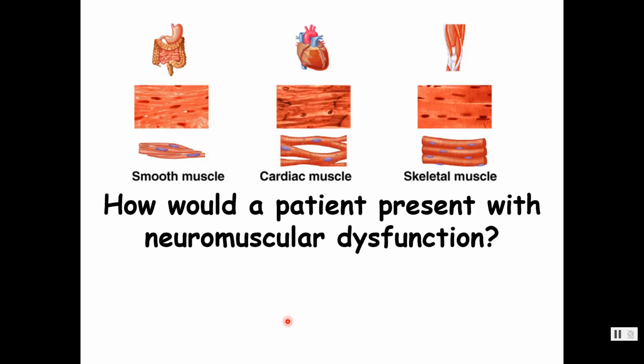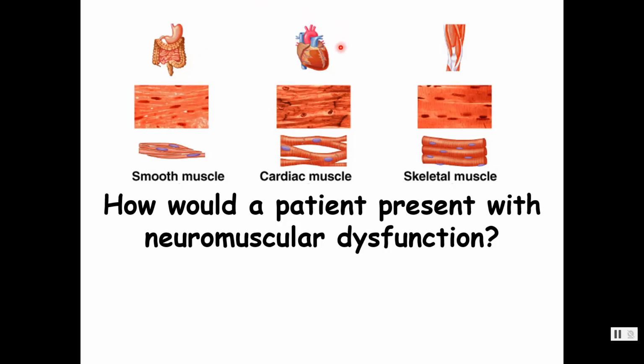So let's look at muscles. Remember, we've got our smooth muscle, our cardiac muscle, and our skeletal muscle. Now we're saying there are electrolyte imbalances, and we know that sodium, potassium, and calcium are all involved in muscle contraction. Your smooth muscle lines hollow organs, and this gives you a nice little picture of the digestive system. What might someone be feeling if there were an electrolyte imbalance as far as their digestive system? You might feel a little nauseous, maybe some diarrhea or constipation or vomiting. Any of those things could be thrown off.